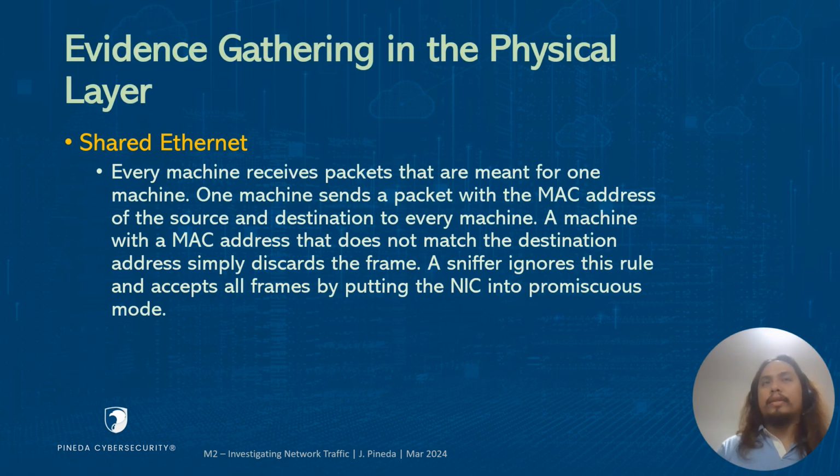So the first thing that you need to identify would be the type of network you have. So the evidence gathering in the physical layer, the first would be shared Ethernet. It says here that every machine receives packets that are meant for one machine. And this one machine sends a packet with the MAC address, which is the hardware address, with the source and destination to every machine. Now, a machine with a MAC address that does not match the destination address simply discards